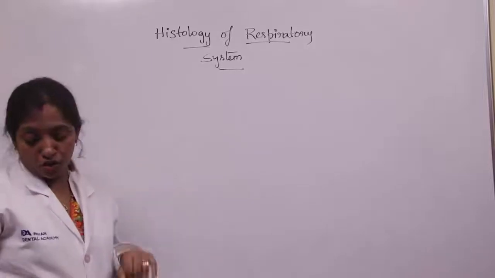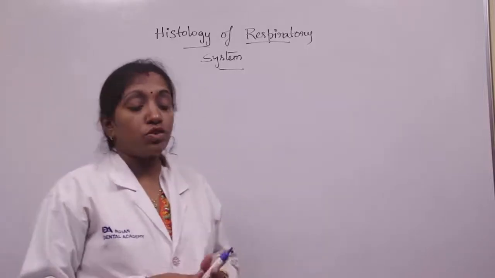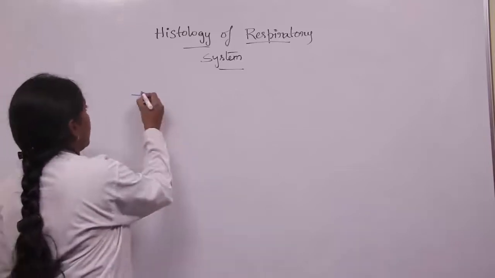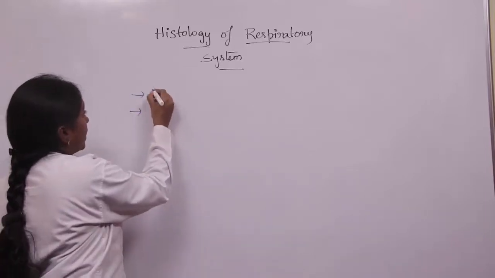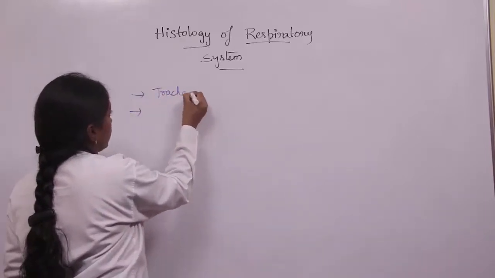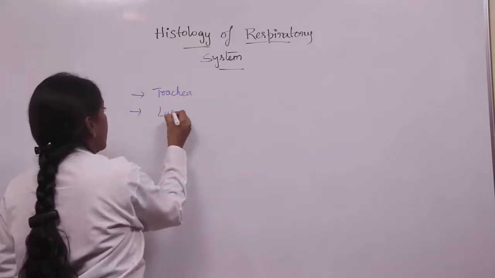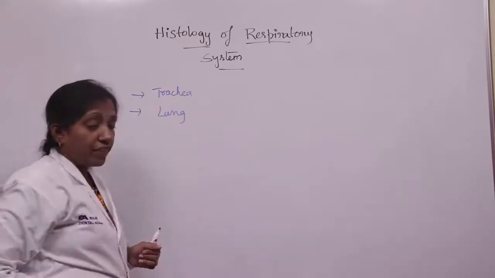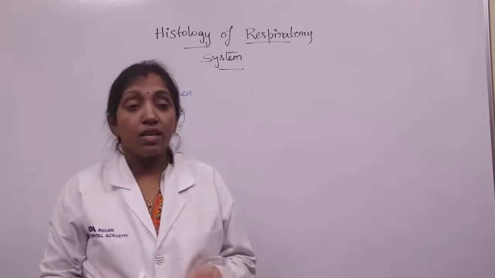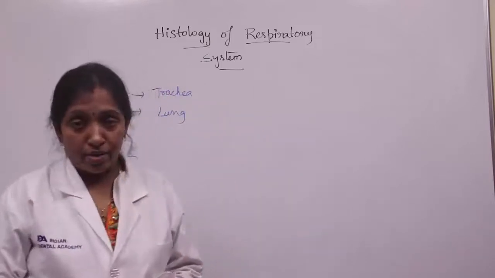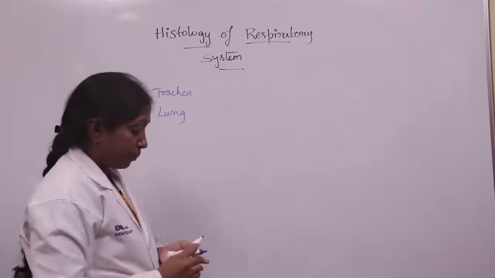So coming to the histology of respiratory system, under the histology of respiratory system, we will learn about trachea and next one is lung. Trachea and lung are the important slides in the histology of respiratory system. Coming to the trachea,